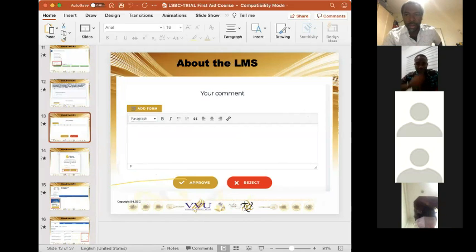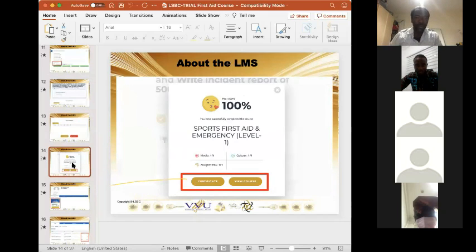So now take note of this part: if the word count or if your assignment is not properly done, the lecturer or your facilitator can reject your assignment or can approve of it. And so this is where you see your assignment being rejected. And that is the dialog box where the comments from the lecturer would be accessed as well. So then can we move on to the next slide?